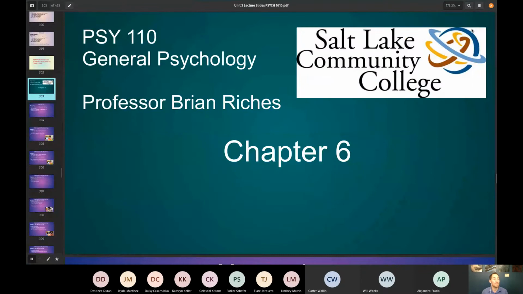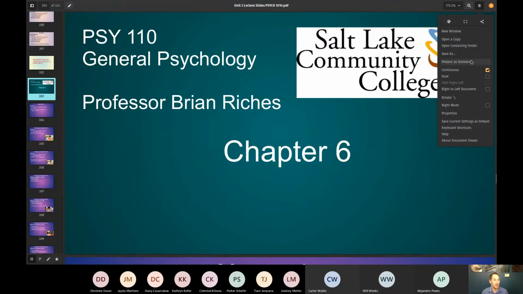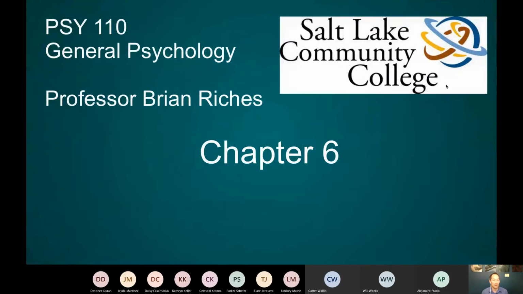So Chapter 6 is all about memories and how we make memories, the neurological aspects of memories, and we end up with memory tips. So that's one of the groups as well, the memory tips for life. As an example, this is one way you could cover all those memory tips, but you could also narrow in on one or two and talk about them in more depth in your presentation. Or you can talk about all of them in more depth even than I do here too. So a lot of your presentations are up to you, and there's a lot of freedom in there.